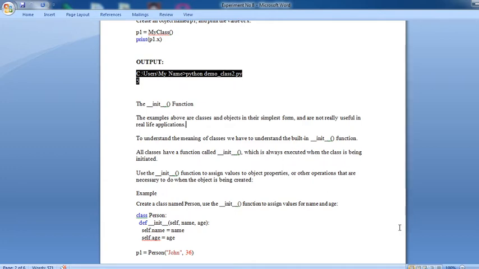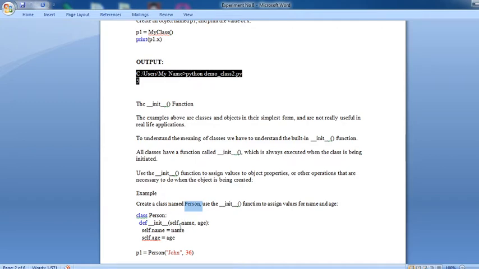Now see the example: create a class named Person. Use the init function to assign values for name and age. Here we create one class, Person, then define the function using the def keyword: def __init__ in brackets self.